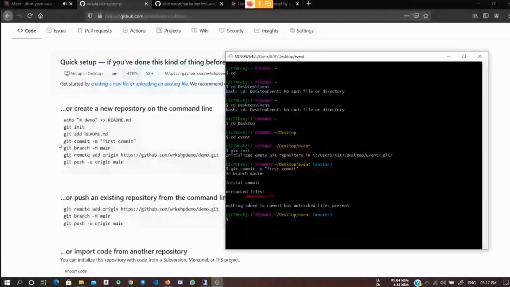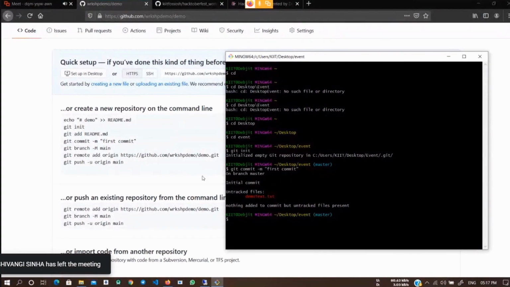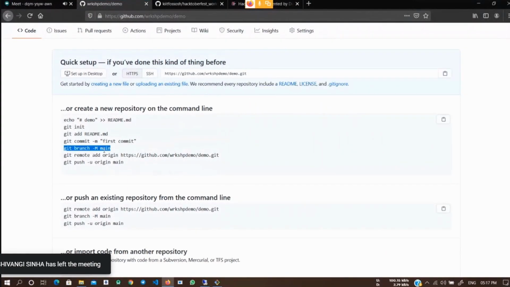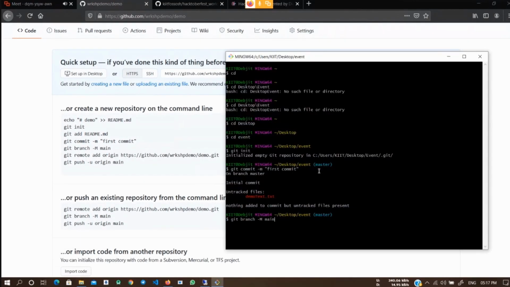Once it's done, we will run this command git branch main. Okay, I missed a step.